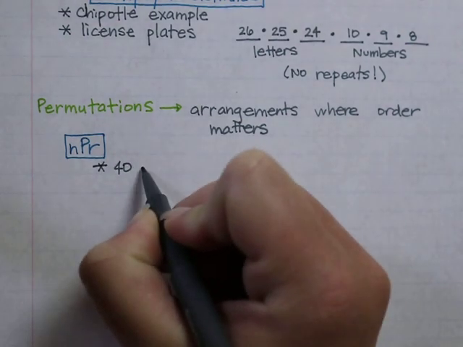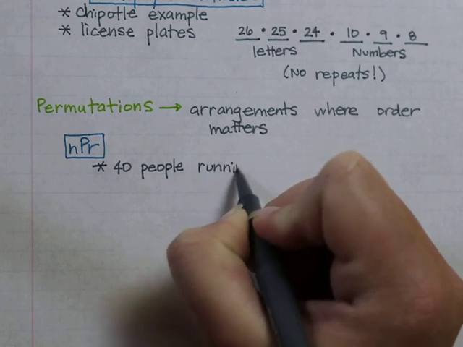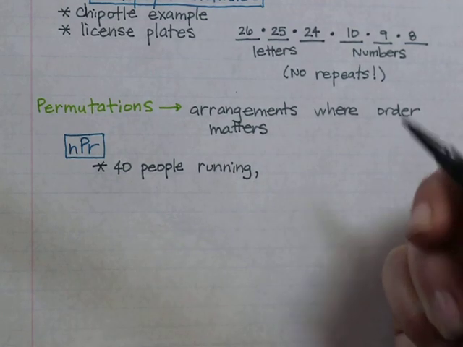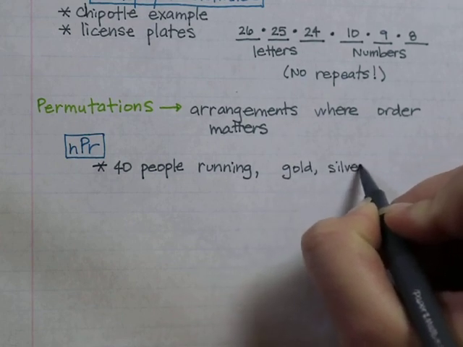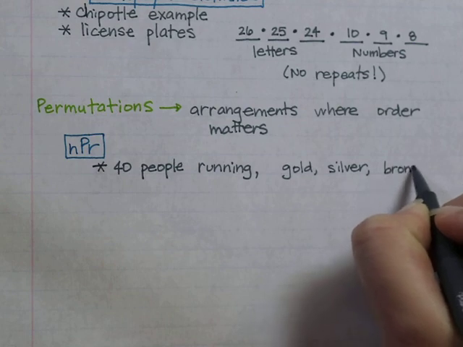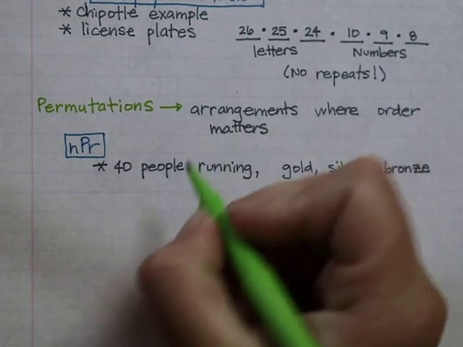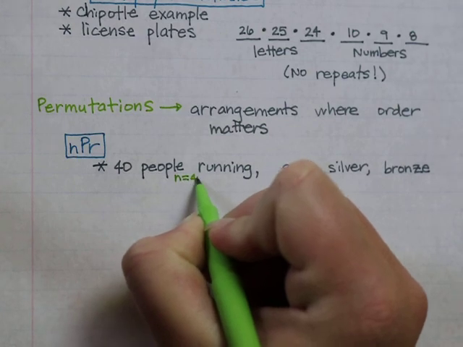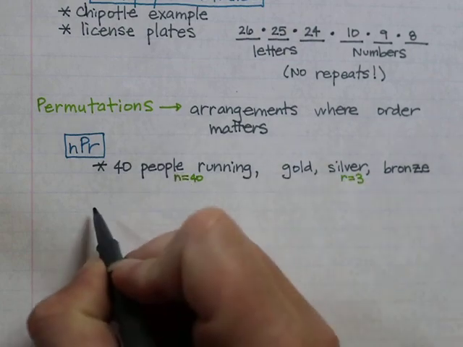40 people are running the marathon. How many ways can we give out the gold medal, silver, and bronze? This is a permutation because the outcome has specific parts. The gold medal is different from the silver medal, is different from the bronze medal. And in this example, n would be 40 and r would be 3. If you want to see another example,